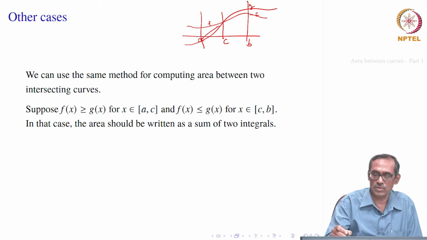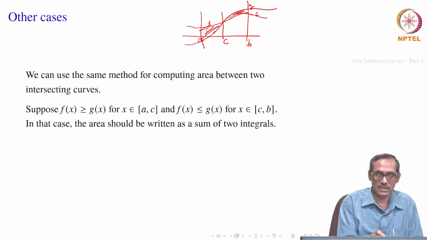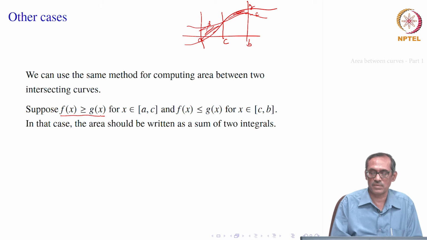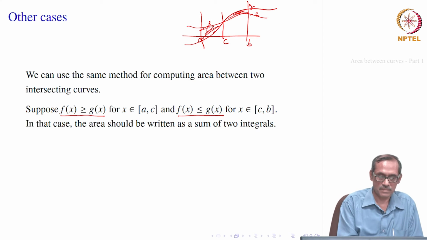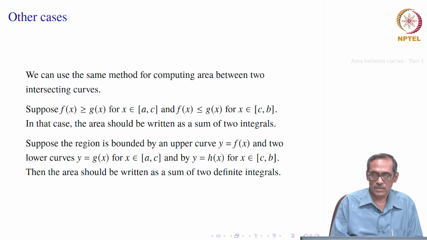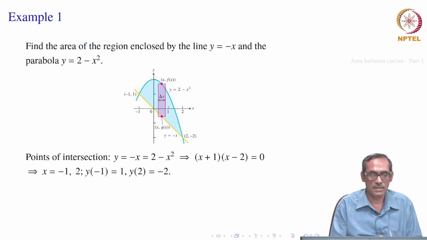So, the area between those two curves can again be got, but one is integral a to c f x minus g x plus integral c to b g x minus f x, fine. So, once they intersect, this condition will be satisfied, that in one of the intervals f x is greater than or equal to g x, in the other f x will be less than or equal to g x. Okay. Then we can find out the areas. So, that is what we will be doing. Let us try one example.